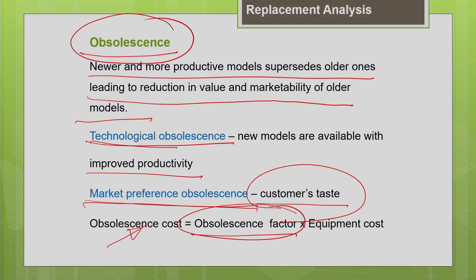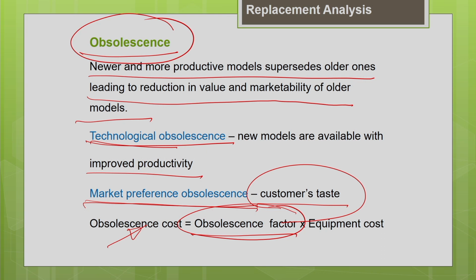So if you are going to optimize your production with respect to cost, then we have to go for the minimum cost. If you are going to optimize your production with respect to profit, then you have to go for the period with maximum profit. Basically that is what economic life is. Economic life means the time during which the cost of holding the machine will be minimum.